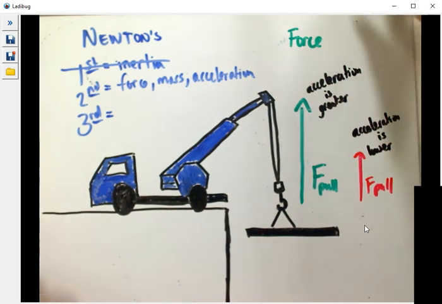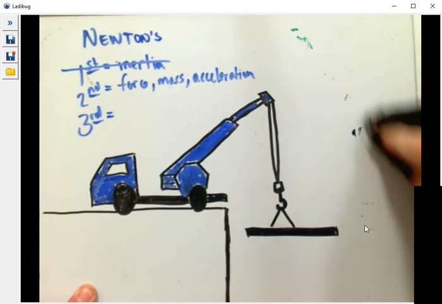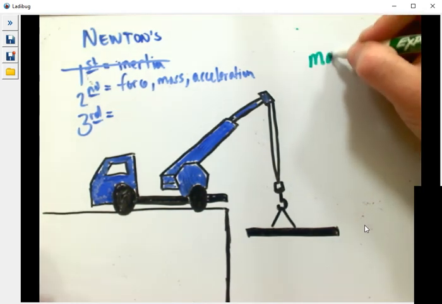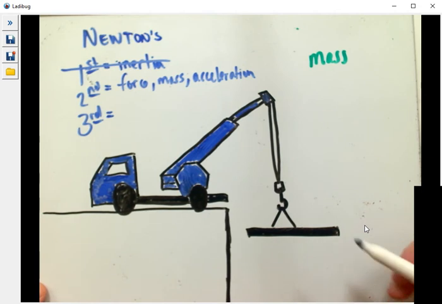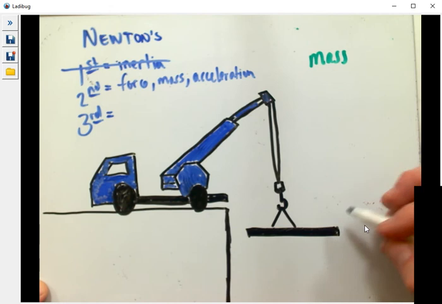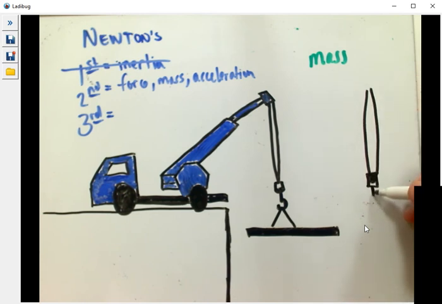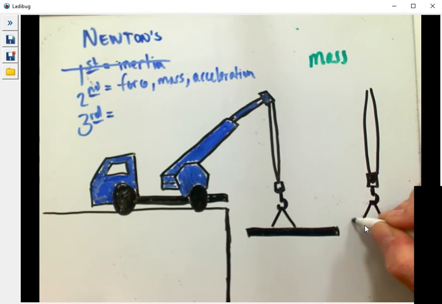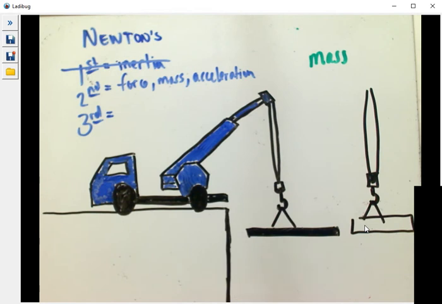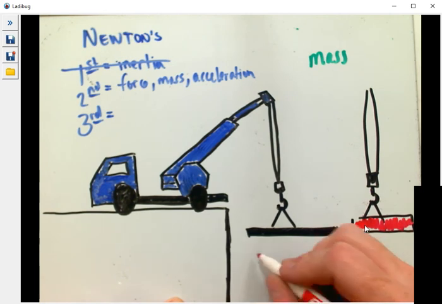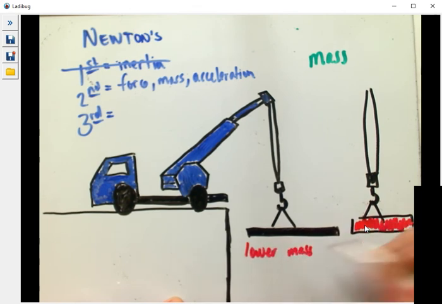Okay? Now, let's take a look at mass. So here, let's imagine that we've got a crane pulling one type of metal, and then we've got another crane pulling a metal bar. It's a little bit more massive, and I'm going to color it red so we can see the difference. So look here, we've got this bar, which has a lower mass. This bar has more matter, more stuff, so it has a greater mass. We could even say that this is 100 kilograms, and this one is 700 kilograms, just to put numbers